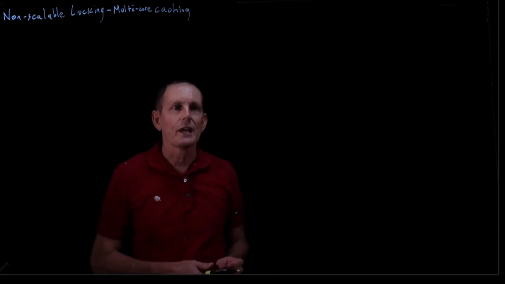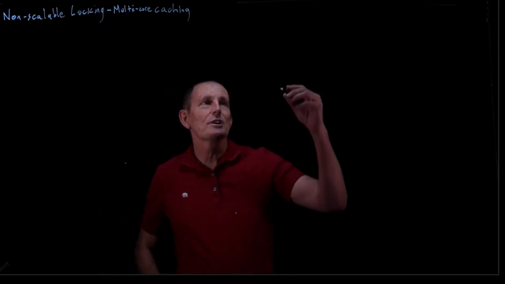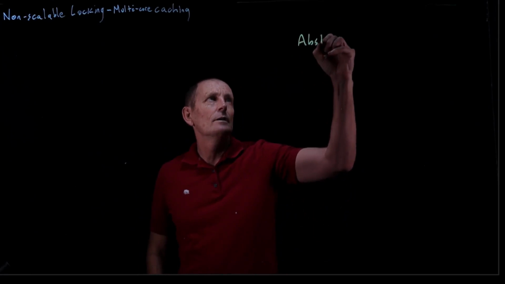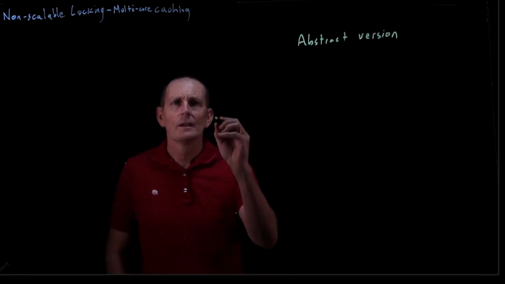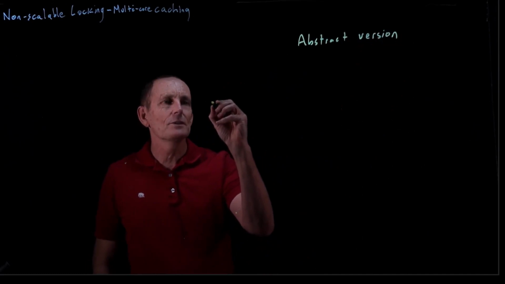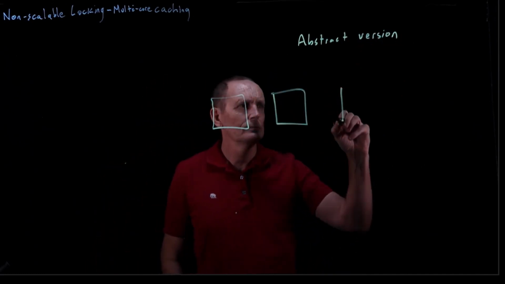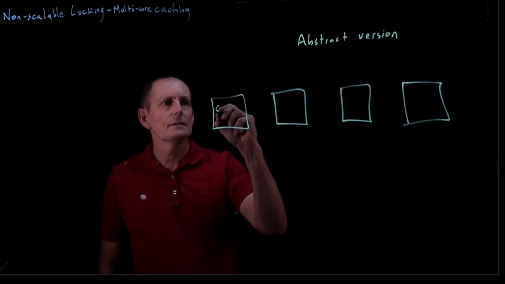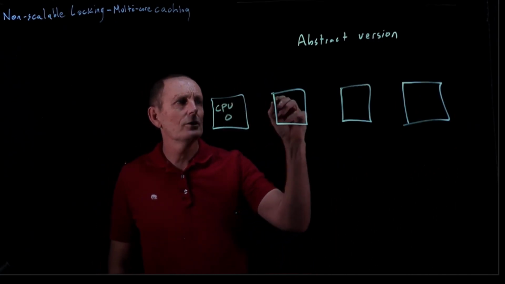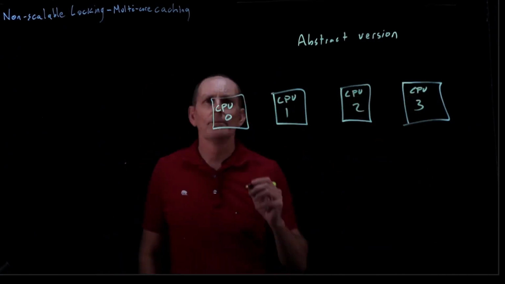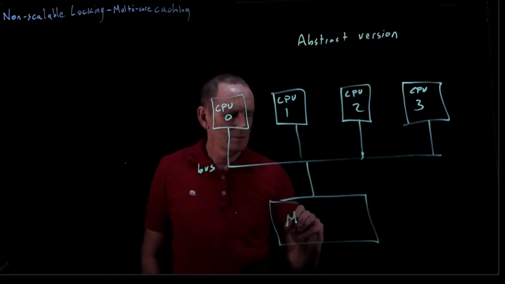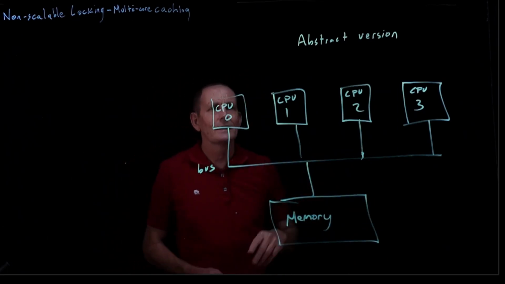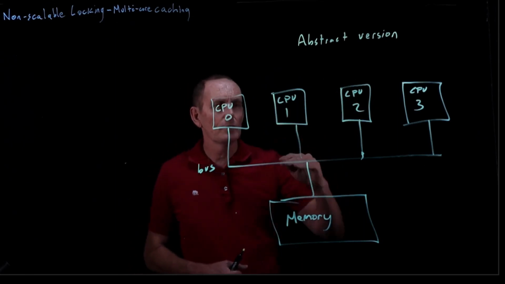So let's talk about multi-core caching. So here's our abstract version of caching, our abstract version of locking. Our abstract version of locking is we have some CPUs, CPU 0 and so on. What it looks like is we have each of our CPUs, they're connected to a bus, they go to